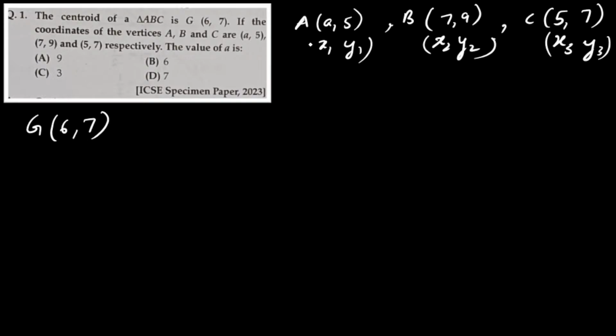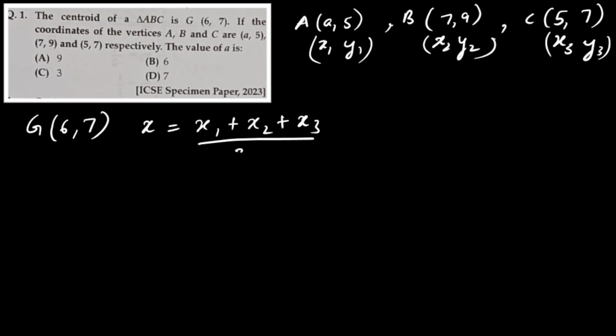So what's the formula of the centroid of a triangle? Here the centroid is given to us and we have to find the value of this small a. We can do this by only using the formula of centroid, which we have done in the previous chapter. For the centroid, the x coordinate is equal to x1 plus x2 plus x3,